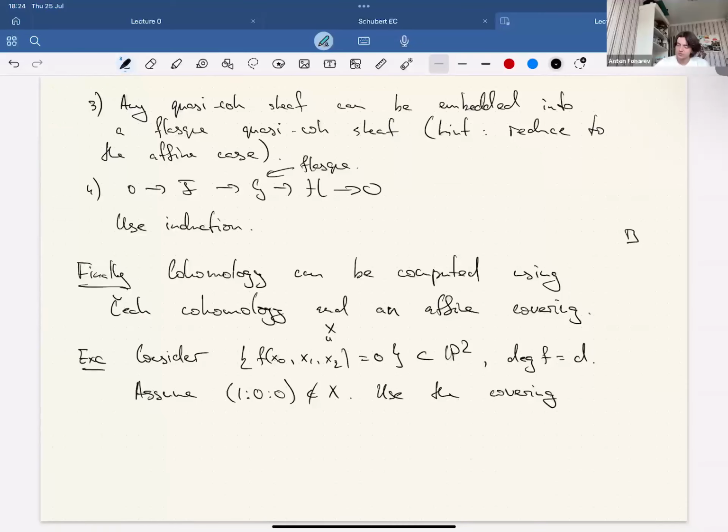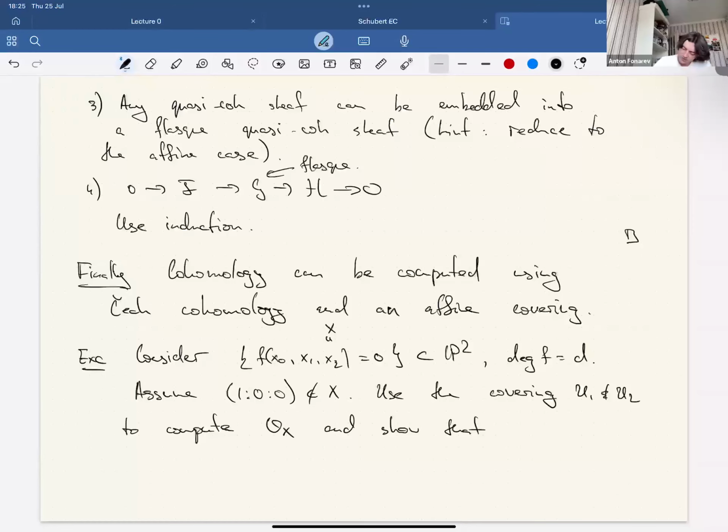Use the 2 opens, U1 and U2, to compute cohomology of X, and show